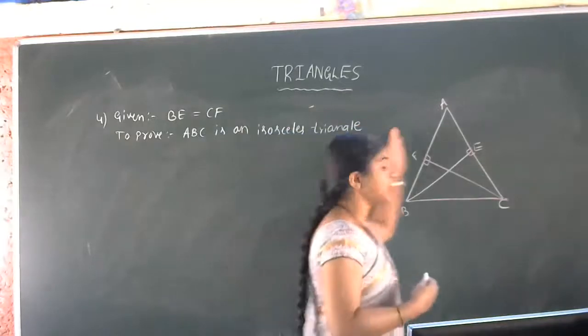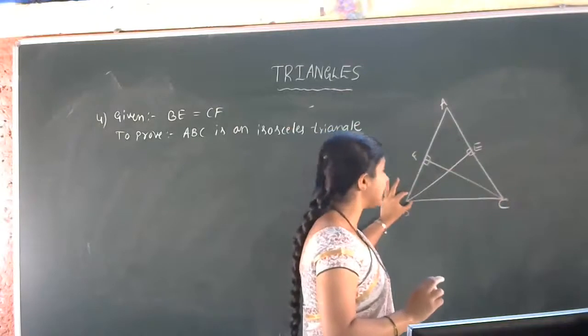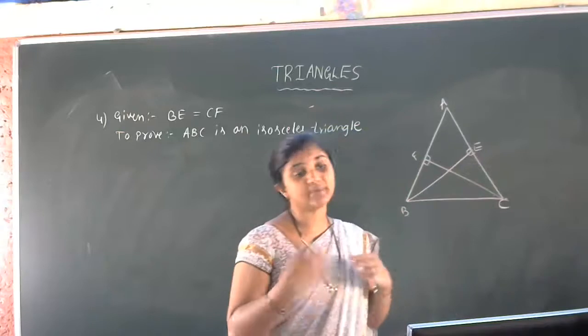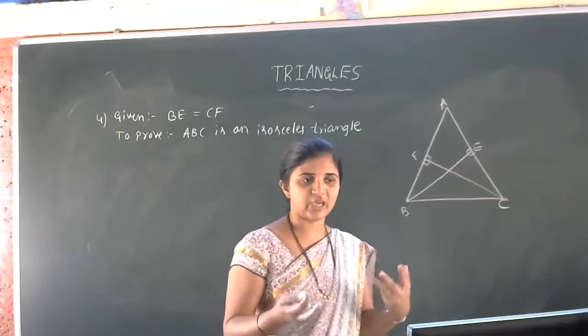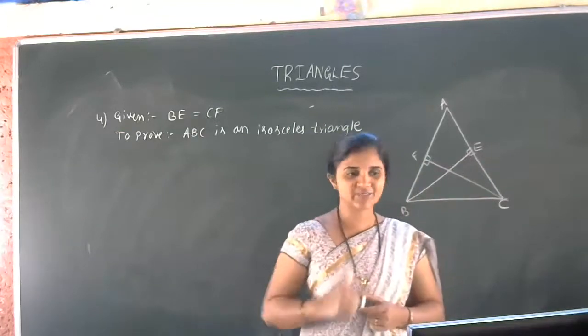With AB equal to AC, we have to prove that angle ABC is equal to angle ACB. With these two results we can say that ABC is an isosceles triangle. Which one will we get? We don't know actually. So now we have to prove the congruency. We have to use the RHS rule.